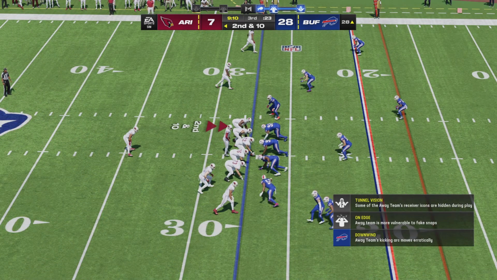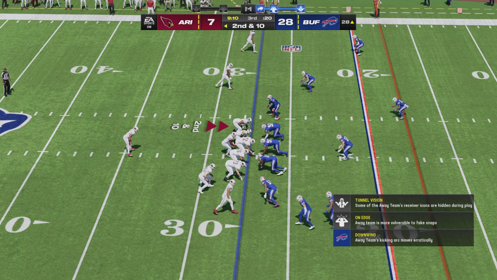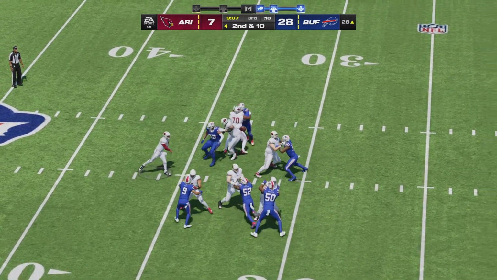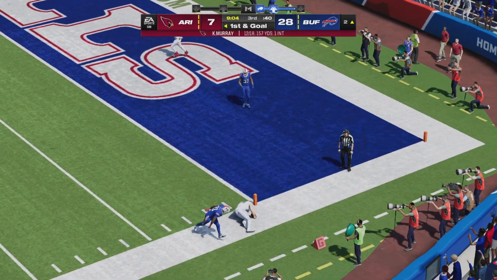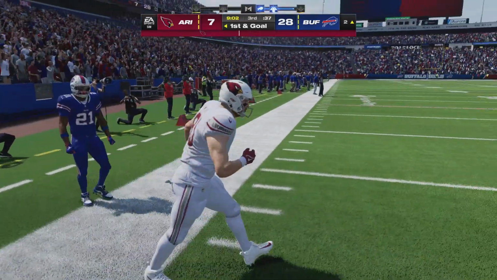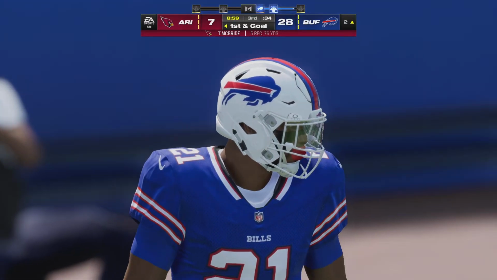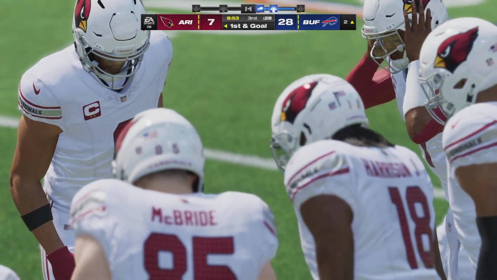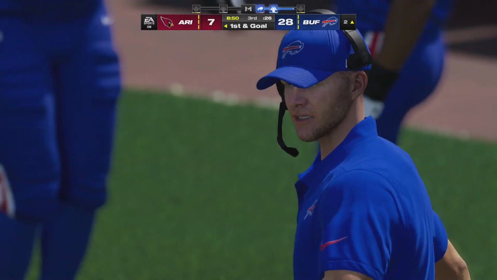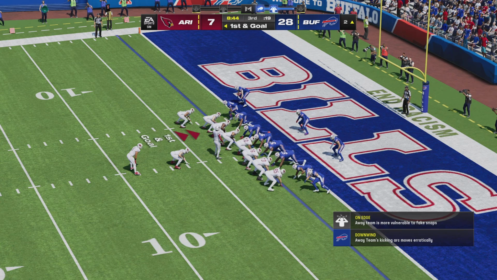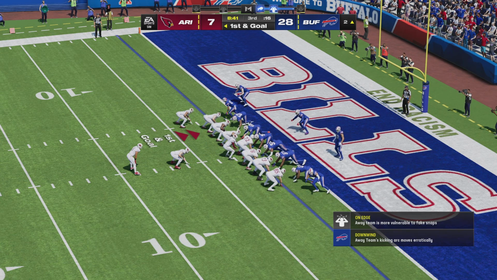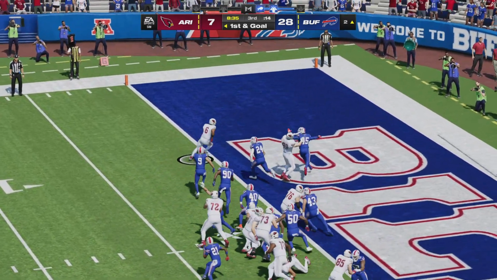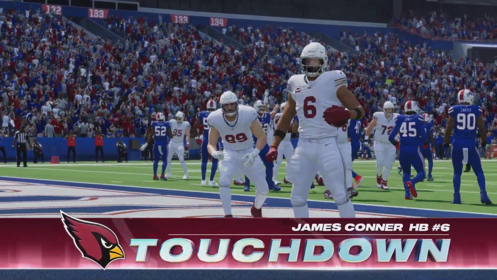After the incomplete pass, here now is 2nd and 10. To throw, it's Murray. This is caught. And they are able to stop him, but he does take it all the way to the 2. A really nice gain of 25 yards. Well, we talk all the time about playing situational football, and right now I think the scoreboard is dictating what they need to do. Where they are in this game, they've got to push the ball downfield, take their shots, try and get big chunks of yardage in a short amount of time. That was a nice play there.